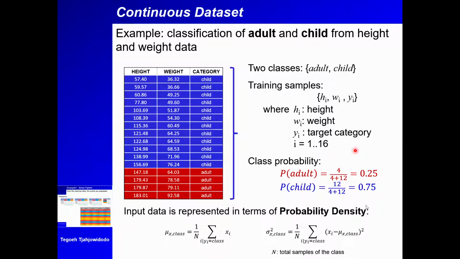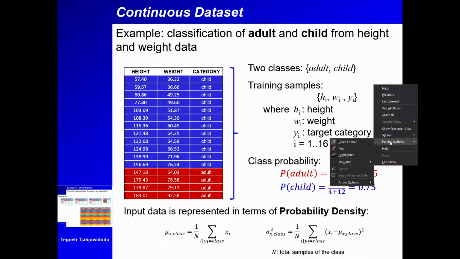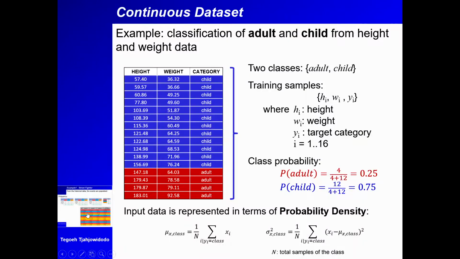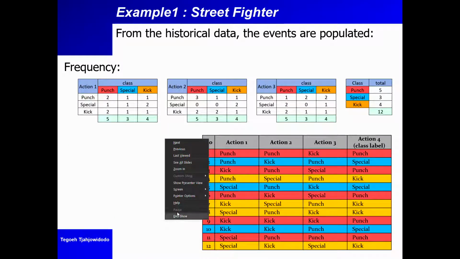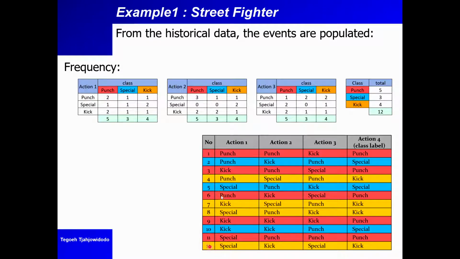And then the next simple thing that we can calculate is the class probability. We have two types of class, child and adult. We can easily calculate the probability of these two classes. So this is pretty similar to what we did in the Street Fighter case. In the Street Fighter case, we have 12 training samples, and then the class that we are going to estimate later on,